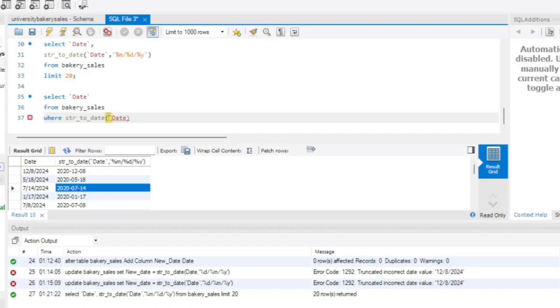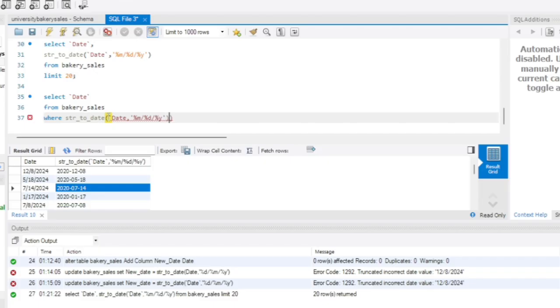And then we put a comma here, and then we put our single quotation, percentage, okay? We start with M, and then put our slash, percentage again, now D, put slash, percentage, and then Y. Now then we close our quotation, close our bracket,